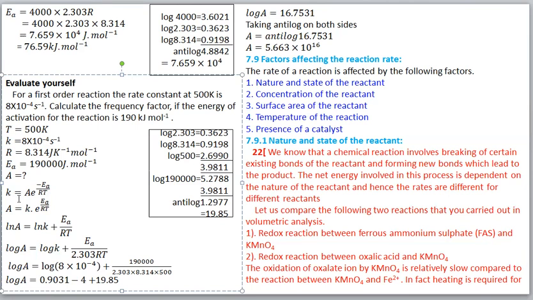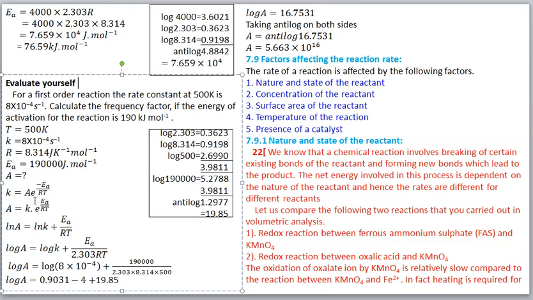From this we can write A is equal to K divided by e raised to minus EA by RT. We change this e raised to minus EA by RT to the other side, so it goes to the denominator. Here the power has a minus sign. When we change it to the numerator, the minus sign changes into plus. So we get A is equal to K into e raised to EA by RT.